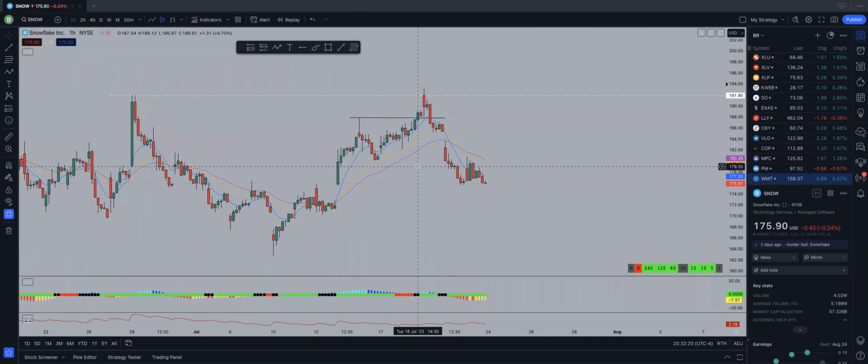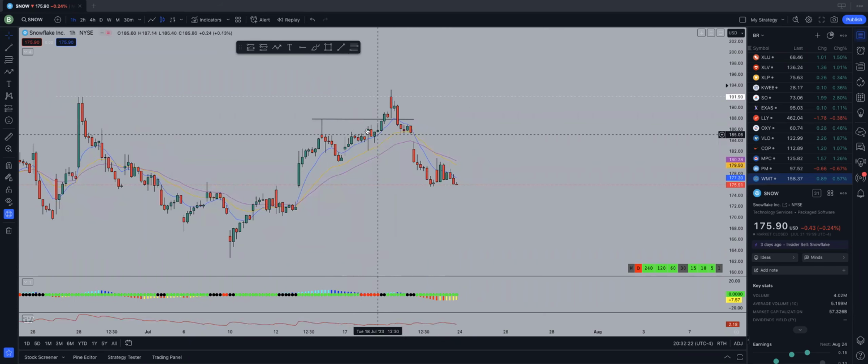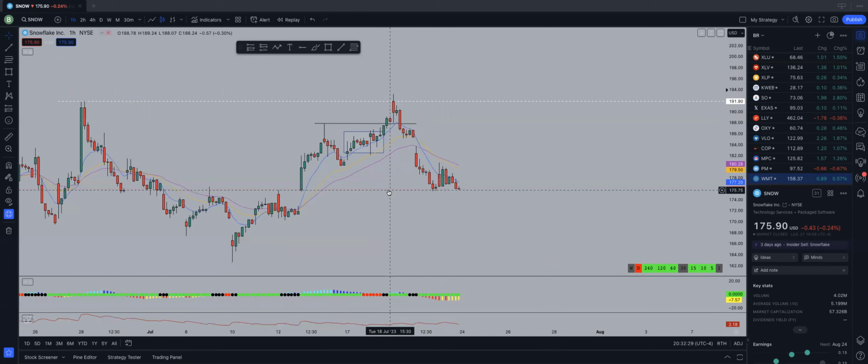So this is another trade that we took earlier this week. You can see here is another phase of consolidation on Snow. And so how we took this,